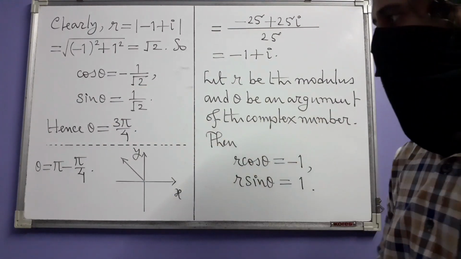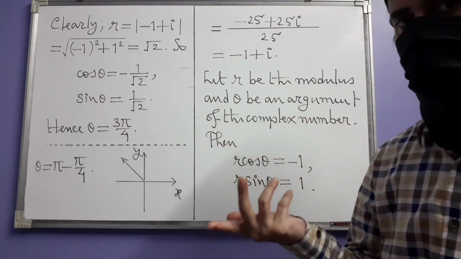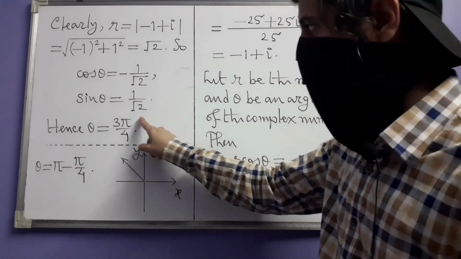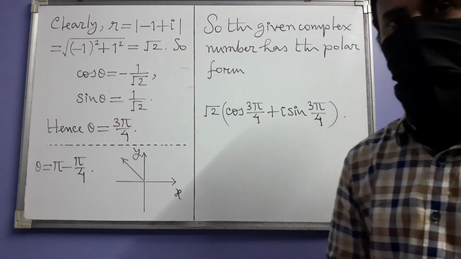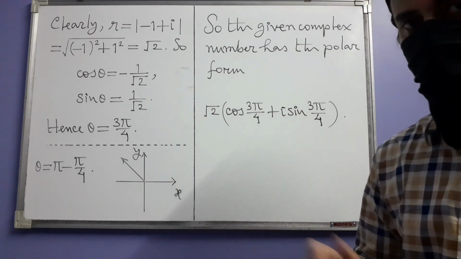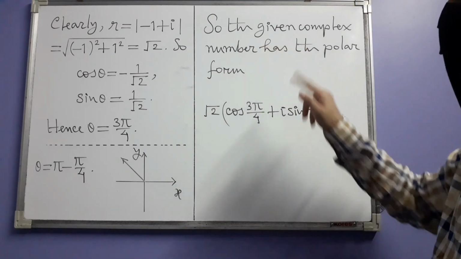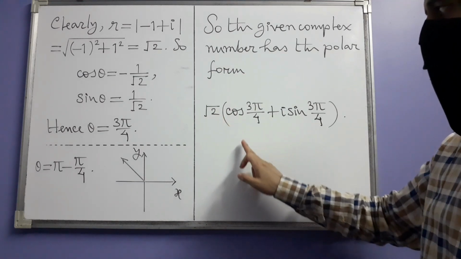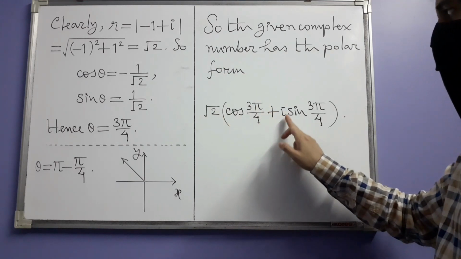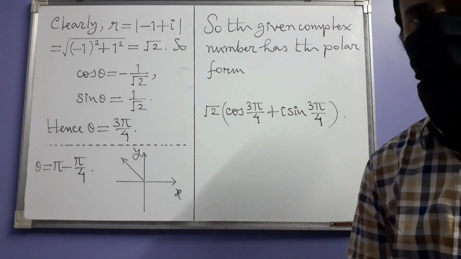That part you do, and you will see that yes, that is true, and that is why this is one value of theta that we can use. So now we can write our final result. The given complex number has this polar form: modulus times cosine of argument plus i times sine of argument,